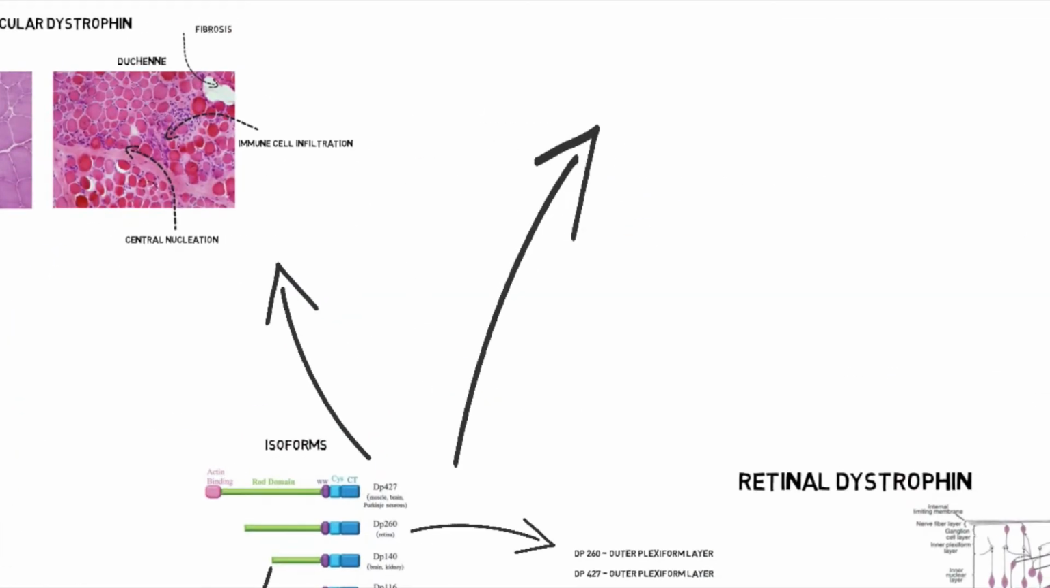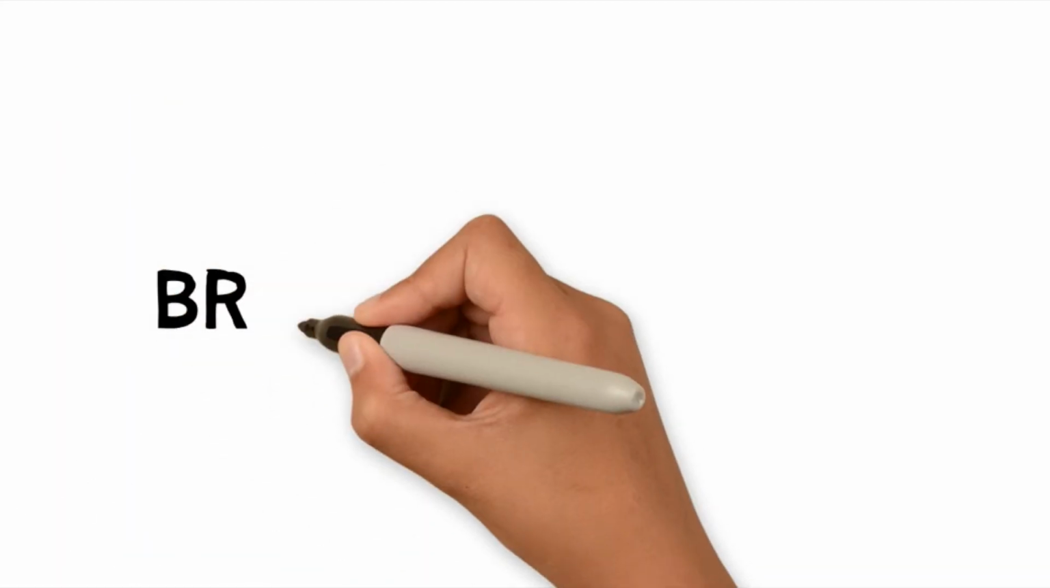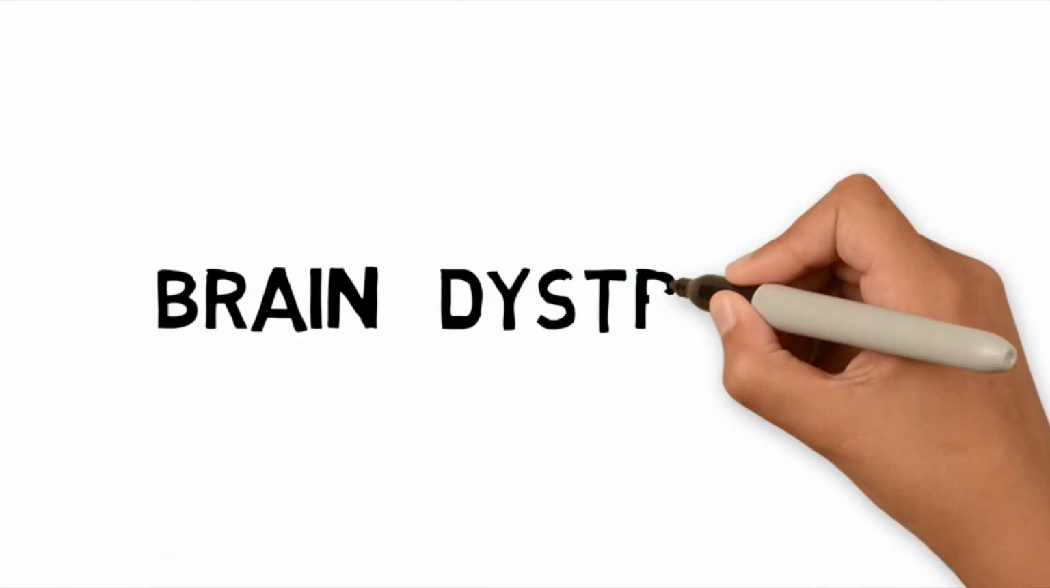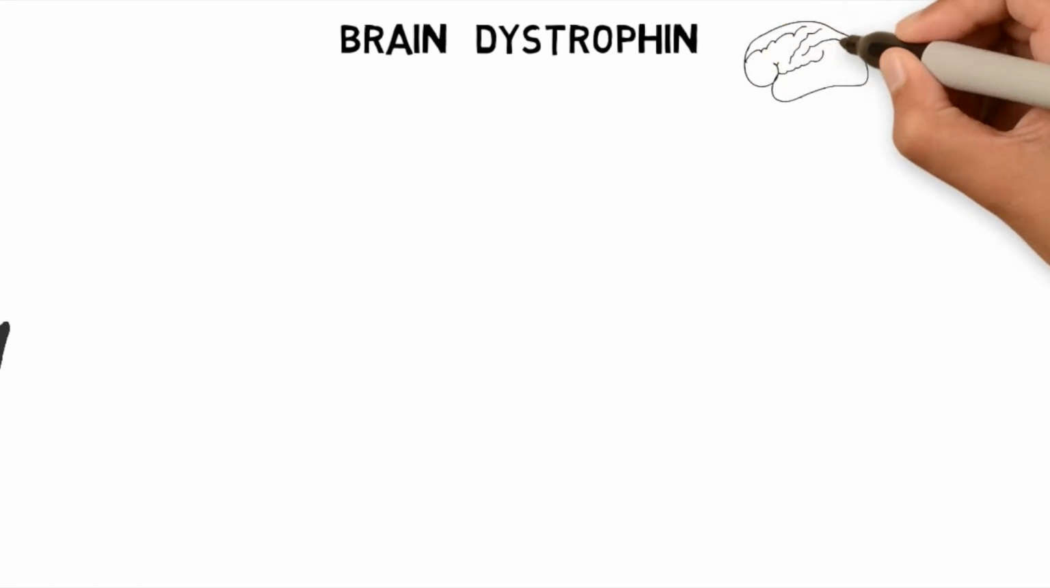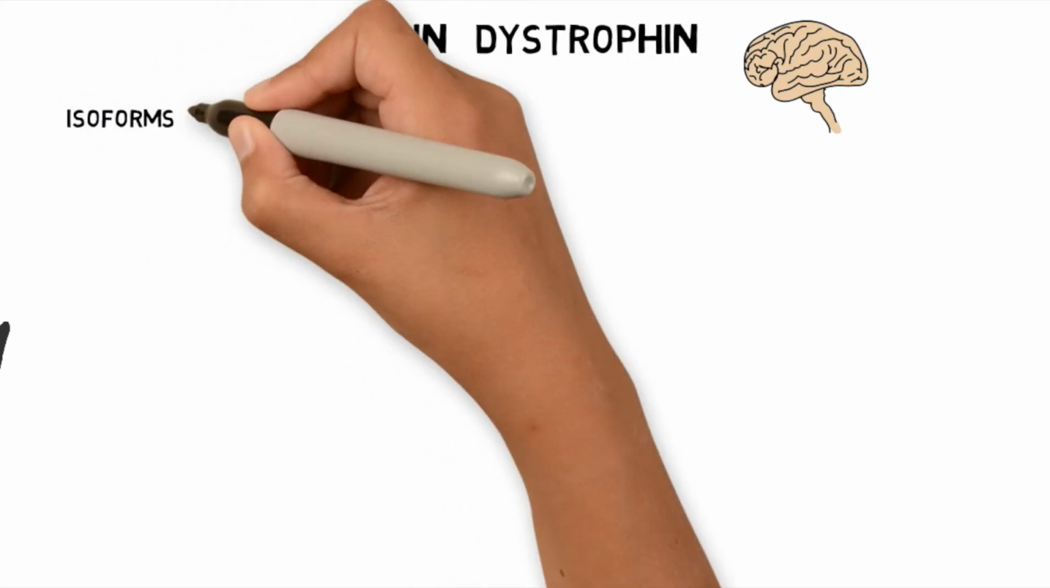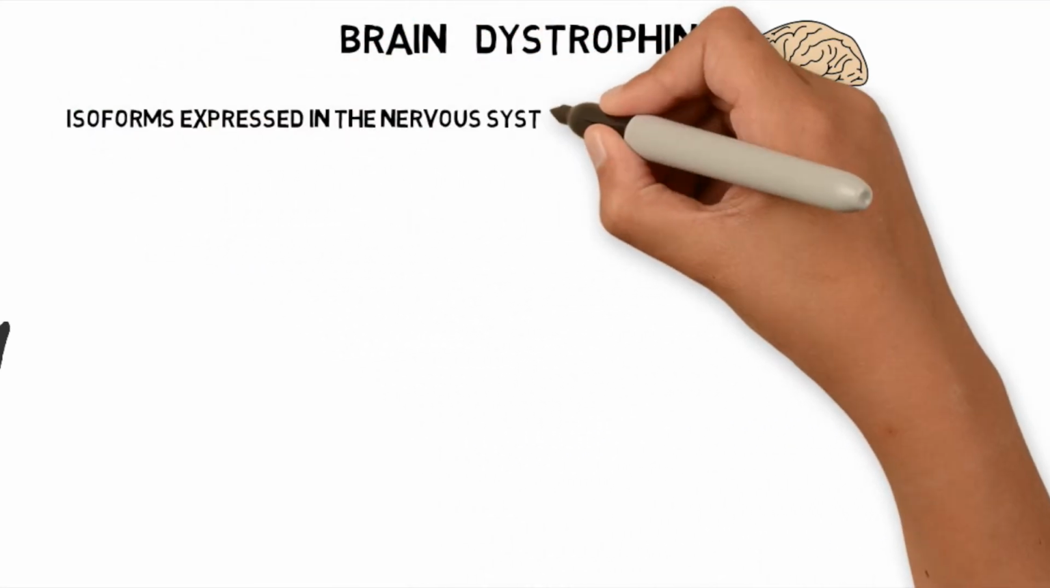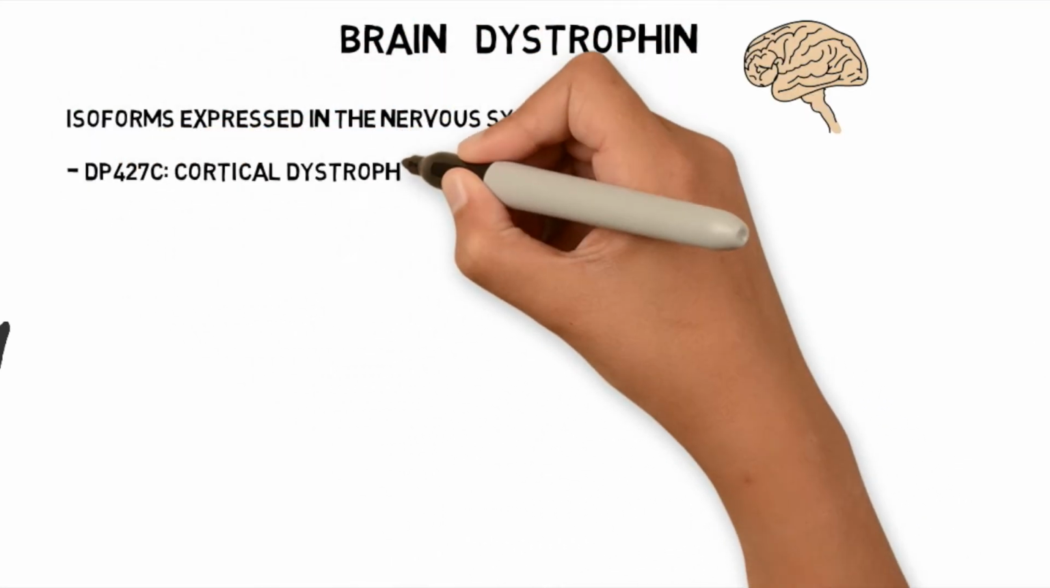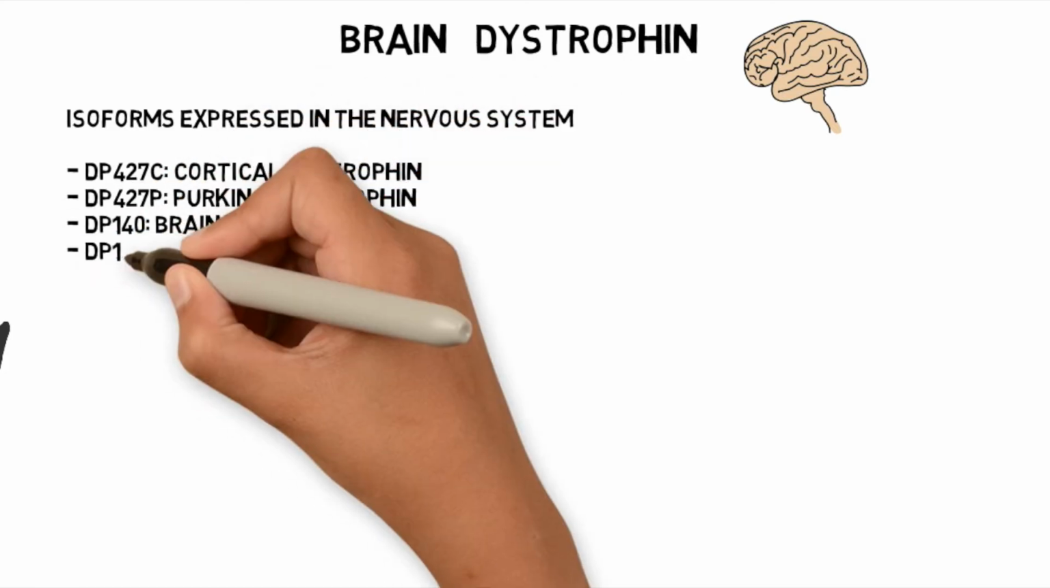The final dystrophin isoform we will be discussing is brain and nervous system dystrophin. These isoforms are beginning to get more research interest compared to the other isoforms discussed besides the muscle dystrophin. Many isoforms have been found in the brain and nervous system, including the Purkinje neurons of the cerebellum, which contribute to motor and spatial learning and planning,